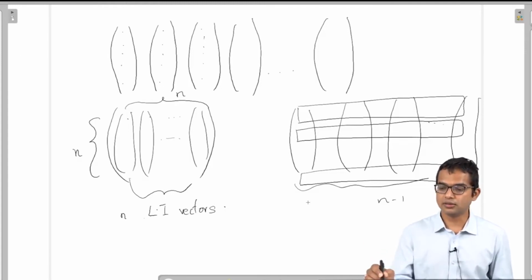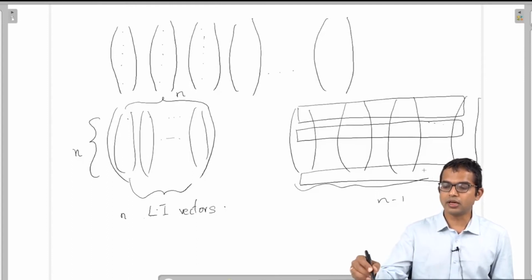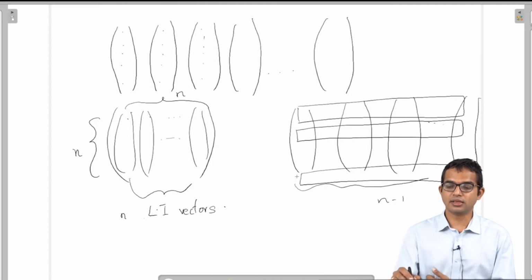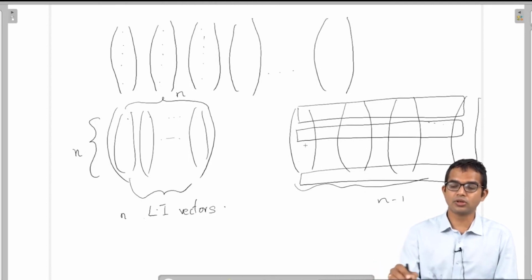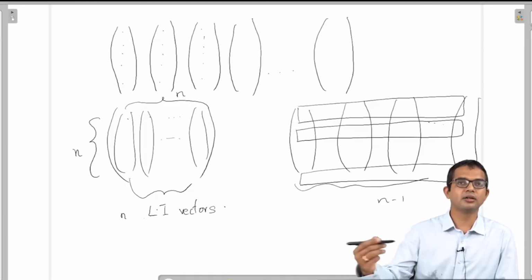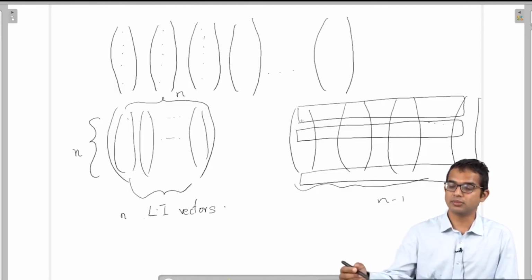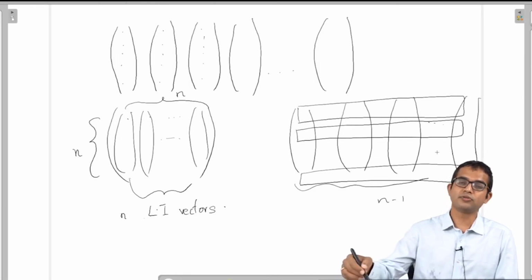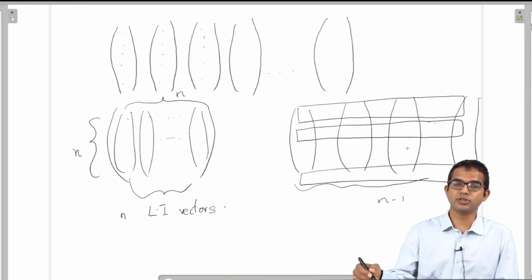Until you get to the n minus 1th vector, it's not even obvious that this type of structure is forming along the rows, but there is this inbuilt mechanism. The moment you put this final vector in, all of these click, and then you have the same property operating along the rows as well, right? So it's like some magic trick which happens. Or in fact you can exploit this to even find the last vector. You have found n minus 1 of these vectors. You don't even have to directly find a final vector such that it is